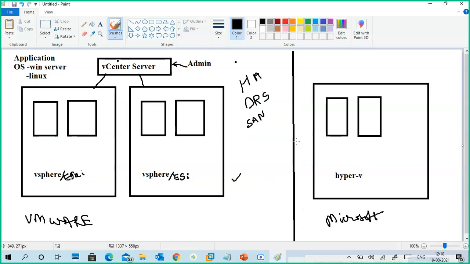The Microsoft product is Hyper-V as a hypervisor, and it also has some architecture. But if you understand this difference between vCenter, vSphere, and ESXi, that is important here.